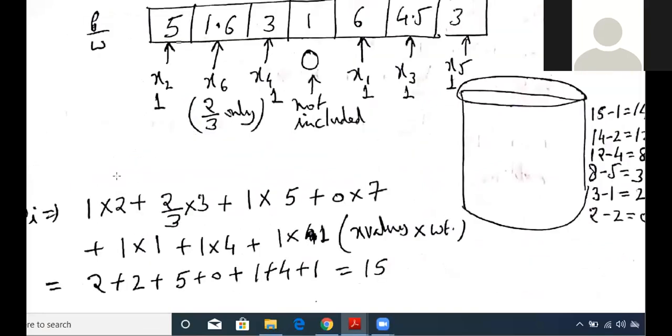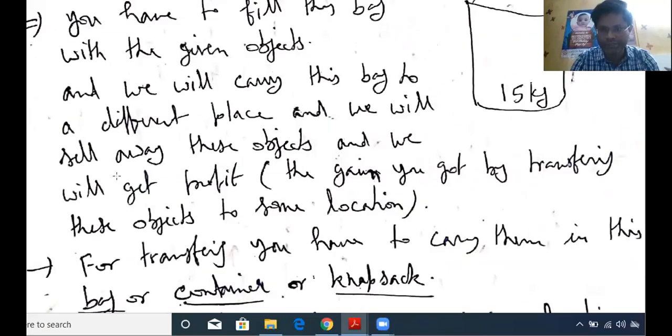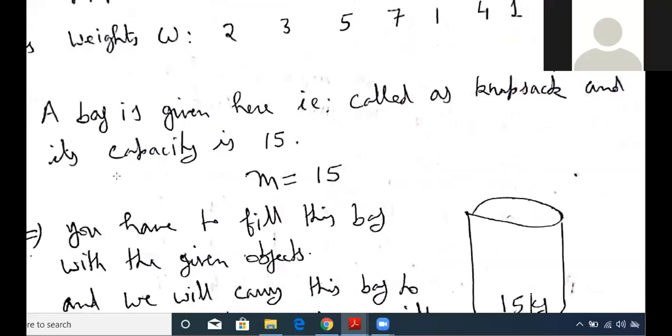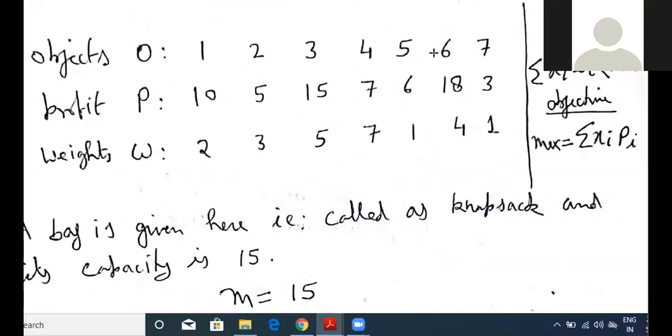After calculating the xi pi value, you have to decide what to do. Going back to my problem statement, when you have to solve knapsack problems, you have to use some constraint. Our objective function here is to maximize the profit. So the profit maximization equation is the summation of xi pi, and you have to maximize this. I have written max equal to summation of xi into pi. This is our maximization objective function, and this function has some restrictions.